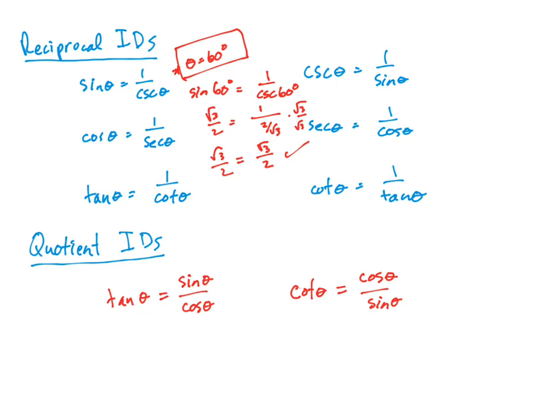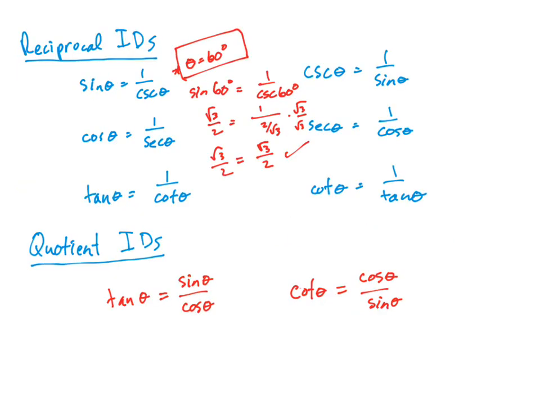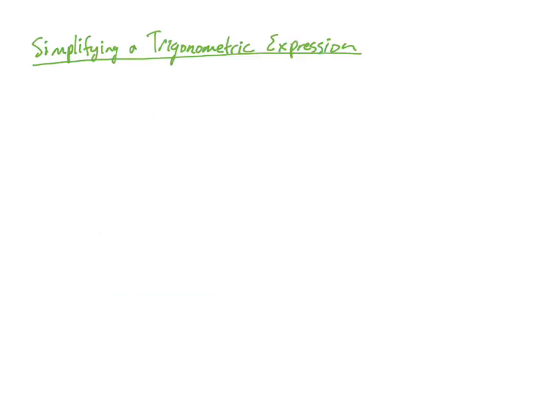All right, so those 4 groups of trig identities, the Pythagorean identities, even and odd, reciprocal, and quotient, these are ones we've seen already that we'll be using here in this video. So the first thing we want to be able to do with these trig identities is to be able to take an expression that has a trig function or multiple trig functions in it